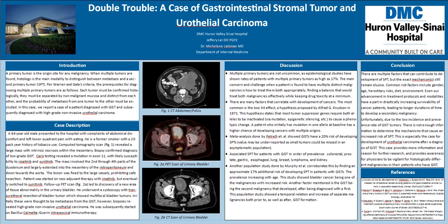There are many factors that correlate with development of cancers. The most common theory is the two-hit effect, a hypothesis proposed by Alfred G. Knudsen in 1971. This hypothesis states that most tumor suppressor genes require both alleles to be inactivated, via mutation, epigenetic silencing, etc. Essentially, a patient who has a mutation in one allele at baseline has a higher chance of developing